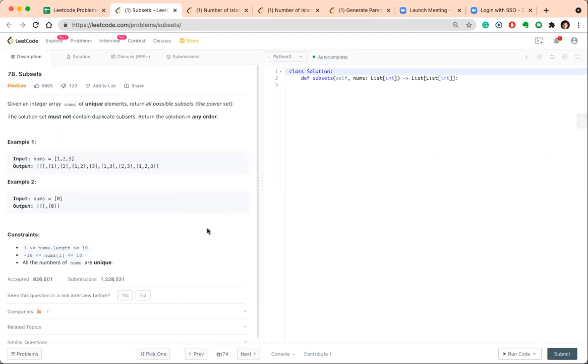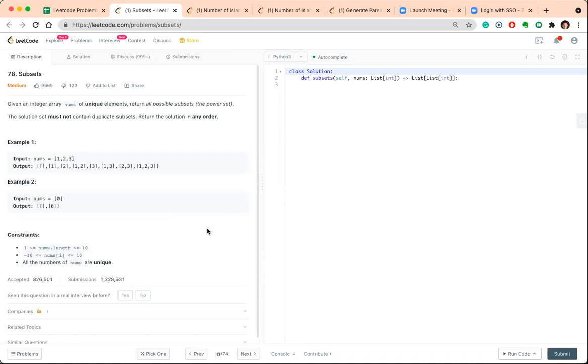Given an integer array nums of unique elements, return all possible subsets, the power set. The solution set must not contain duplicate subsets. Return the solution in any order. For example, they gave the numbers as 1, 2, 3. What are the possible subsets here?